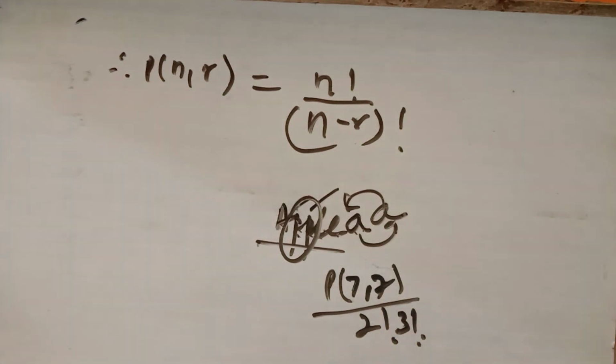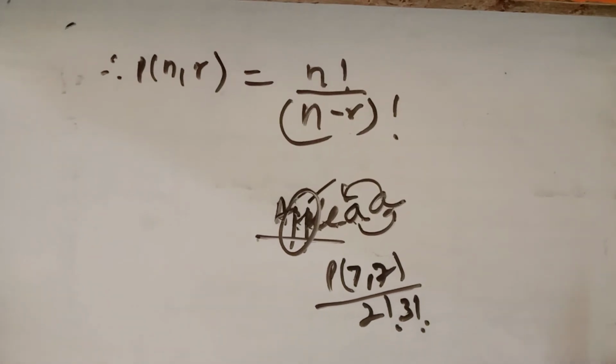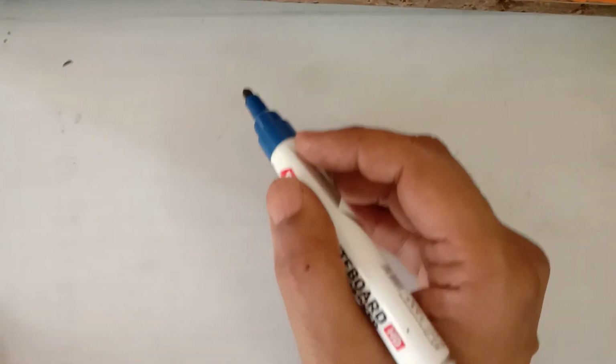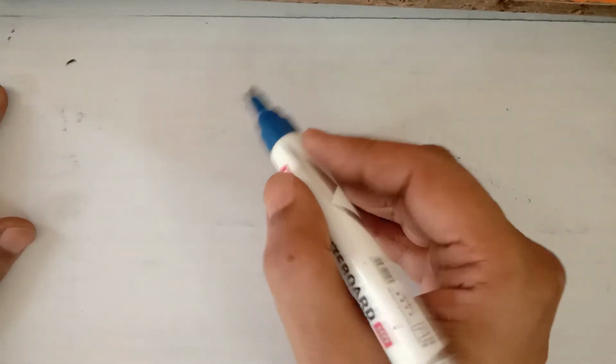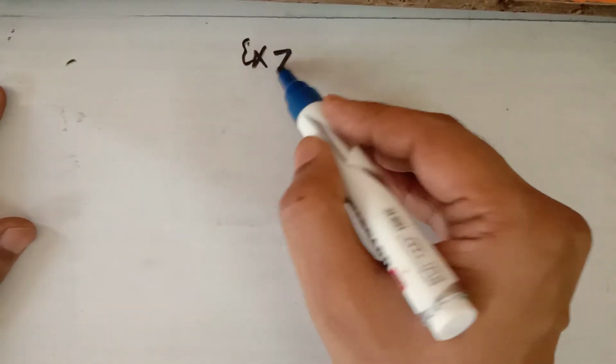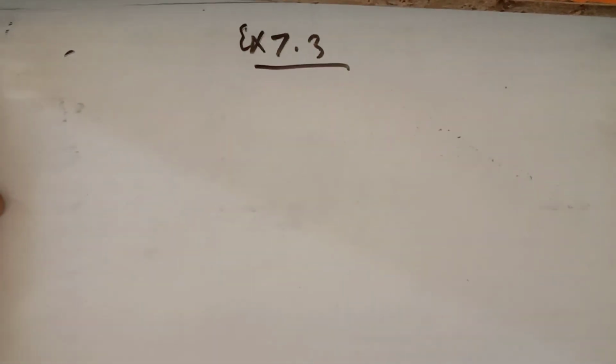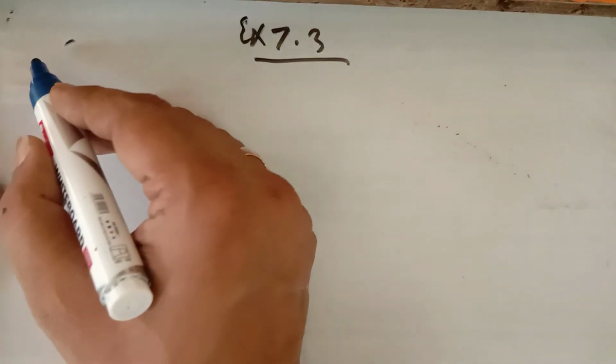So this is the basic concept for the permutation, where you have to arrange without repetition. That is the main thing, arrangement without repetition. Many questions you can do with the fundamental principle of counting also, but whenever repetition is allowed, you cannot use the permutation. Permutation is always used when the repetition is not allowed.